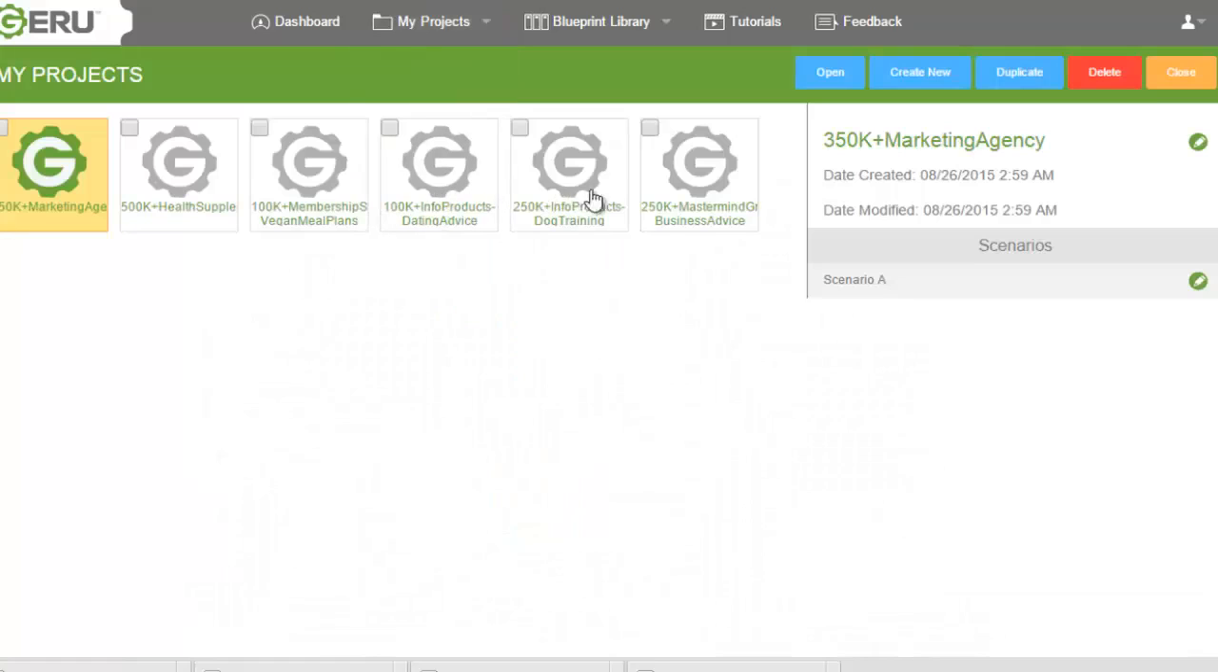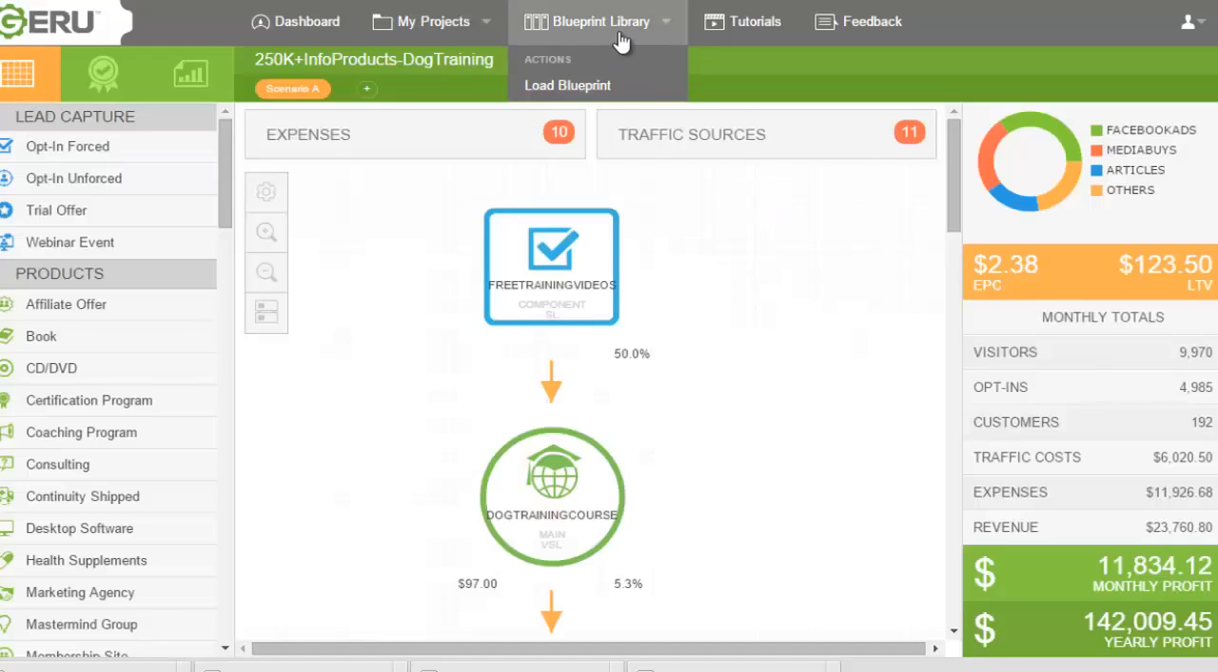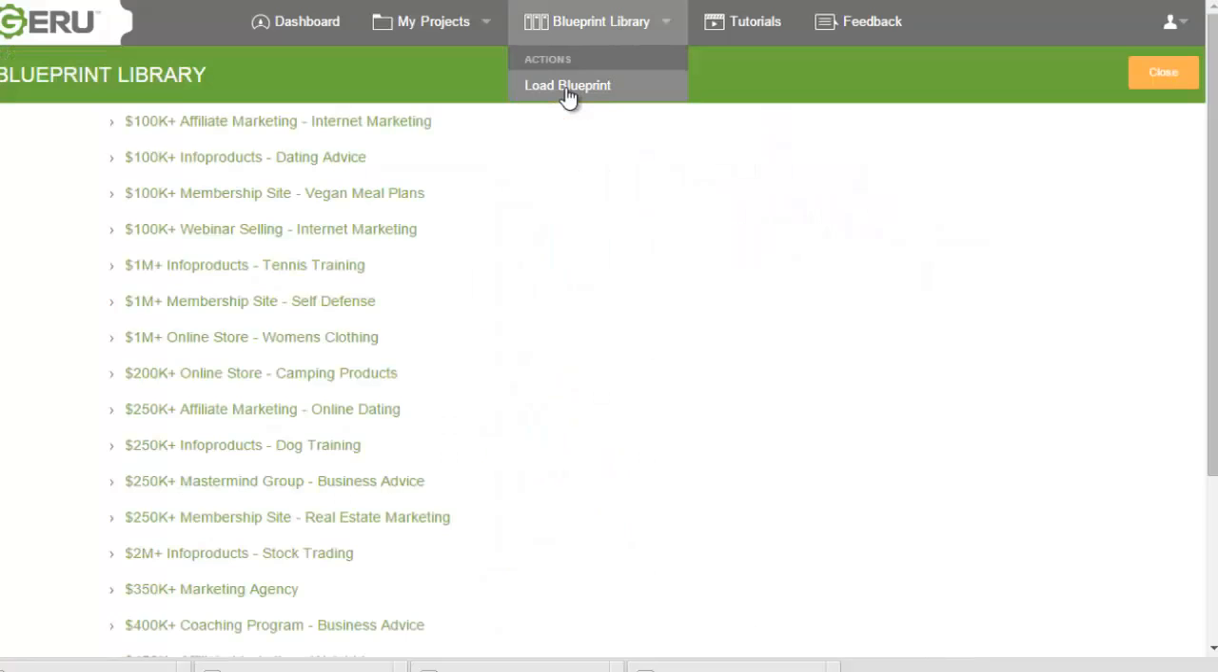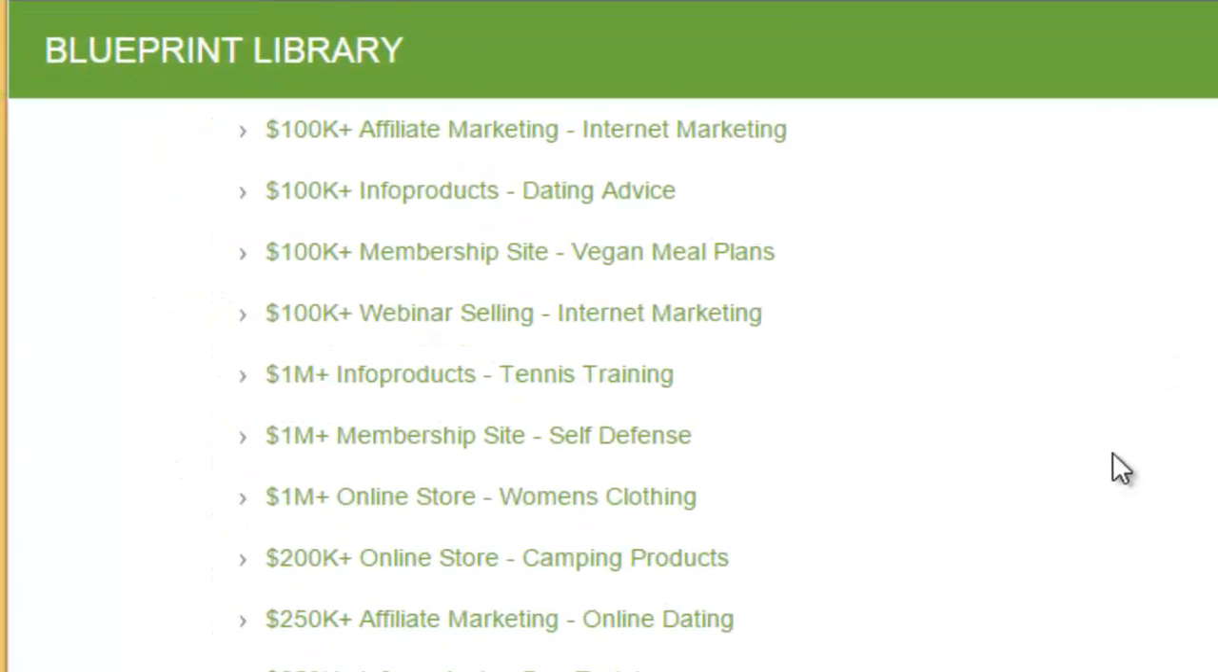So you can either open a project that you've already been working on, in this case dog training, or you can open a project from the blueprint library. This is very cool. This is one of my favorite features. And here they have different blueprints where they show you all the different components and funnels